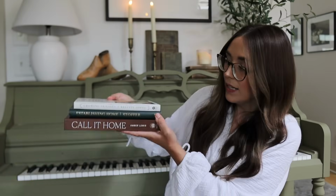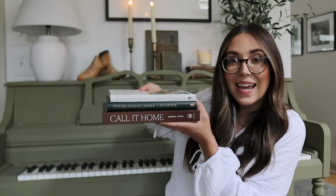books from antique stores that I keep up in my storage closet, so I'll be bringing those down soon. And then I have kind of these greens and everyday color books that I also love to style with. But I did grab a little stack here for the season that I'm excited to share with you. You may have already seen some of these, you may own some of these, so I'll make this nice and